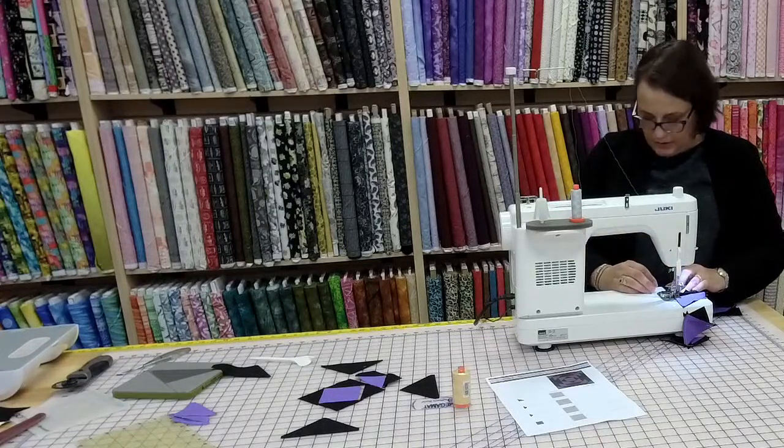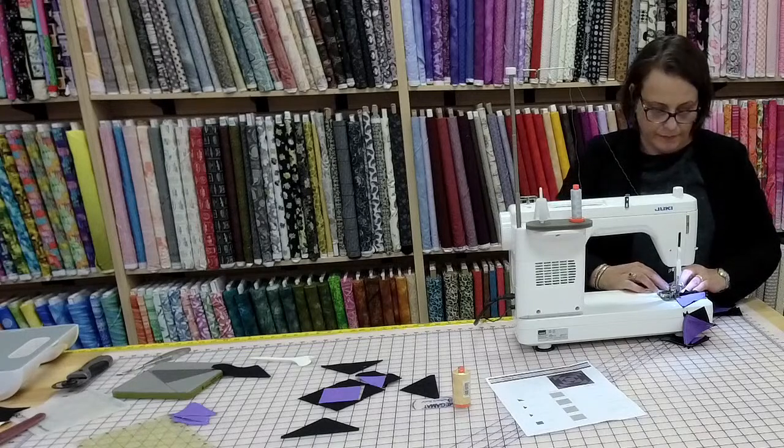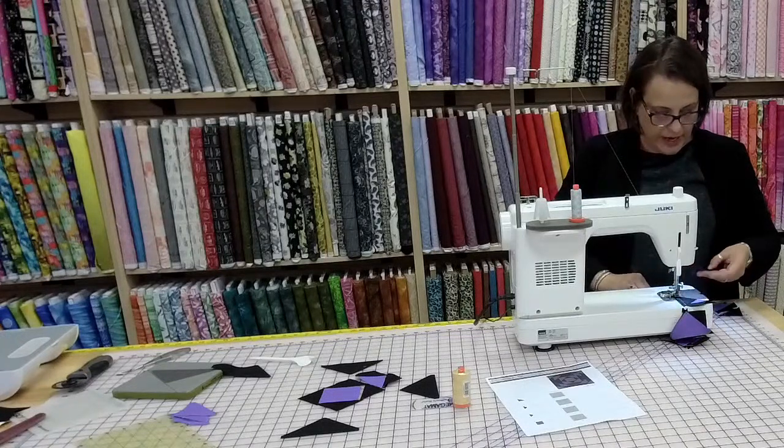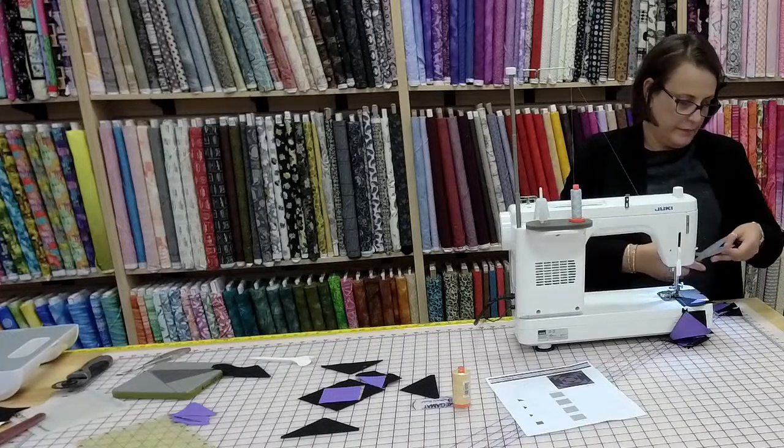Oh, so you could do the layout on the board. What's that little board that they make? The little project board that you can lay your block on? Yeah, not so much that as the glue that